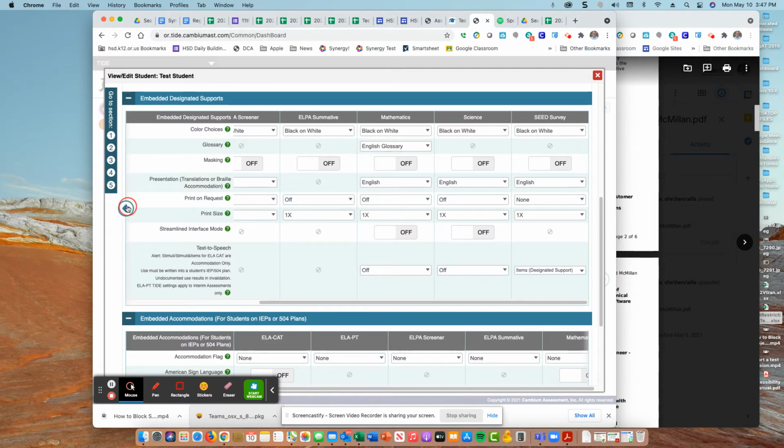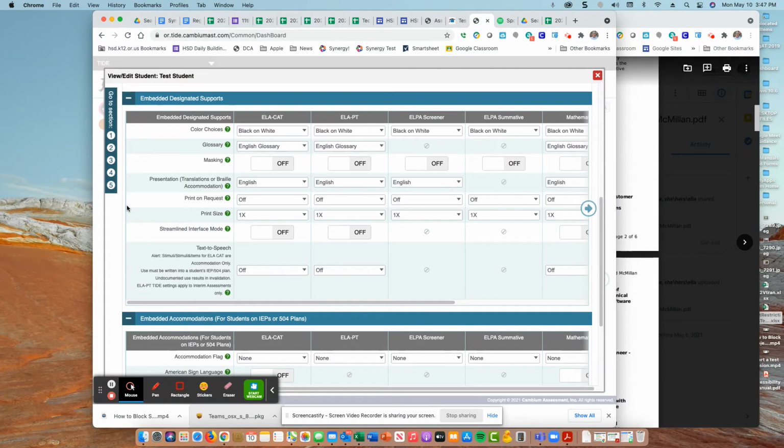So the way that you enter supports, let's say this student had print on request for the ELA CAT. So you would go to ELA CAT here, and then you would look down to print on request, and you do that drop down, and you would select what the print on request is. And all of the information about what's allowed for certain tests is in the Oregon Accessibility Manual and on the designated supports and accommodation sheets that I've provided to you and which are accessible on the state assessment